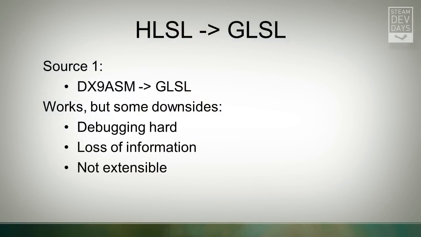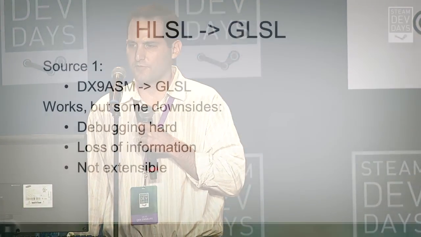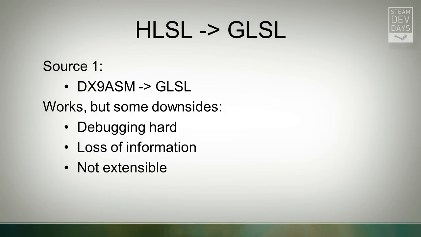Just as an example, in DX9 ASM, we don't know whether a sampler is a shadow sampler. So in Source 1, we have all kinds of nasty hacks where we look at the name of a sampler to determine whether it's meant to be a shadow sampler. And there's other issues like that that were just very difficult to work around. Finally, it's not extensible at all. As new OpenGL features came online and shading language features that we wanted to use, we had absolutely no path to get to them because all of our shaders were transformed first into DX9 assembly, and that's done via the